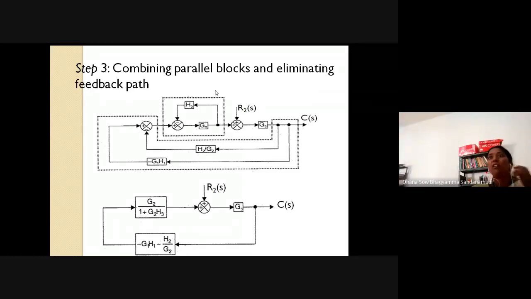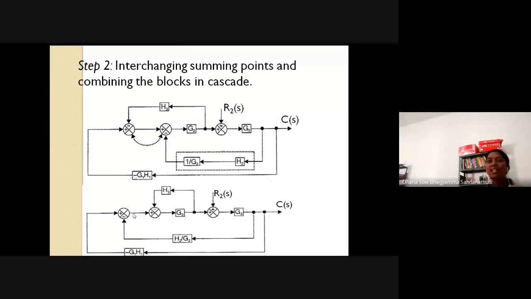Now if we observe at this summing point, one signal is moving away, which is towards the main summing point. At this summing point, 2 elements are there which are moving towards this summing point. When 2 elements are directed towards the summing point, those 2 elements are said to be in parallel. So parallel elements are to be added. Yes or no?